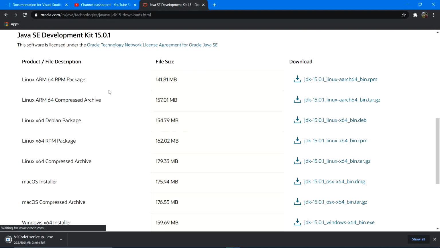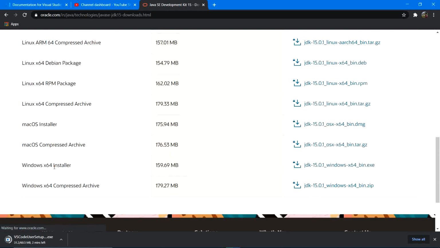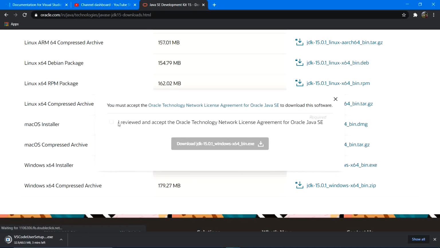Now here are the different options for the different OS, like Linux, Mac OS and Windows. We are installing it in Windows, so click on this download link for Windows. Now accept the terms and conditions of the Oracle website or Oracle technology. Now click on this download button.